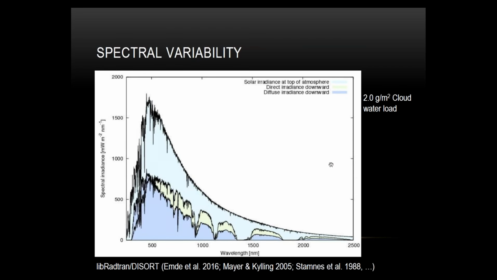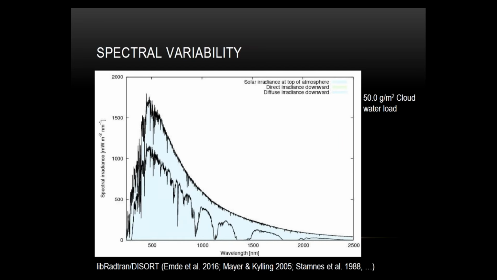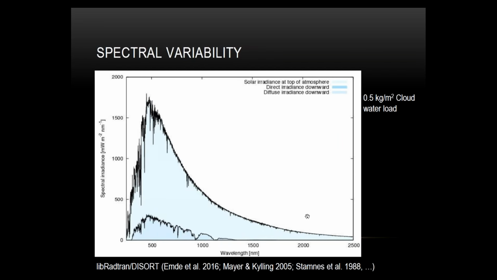So when I increase this, you get more and more diffuse irradiance until all of the irradiance is diffuse, and you see also that the spectrum is changing so that the infrared wavelengths are disappearing. So this means you get relatively more energy for your PV system or for illuminance, that is natural light, compared to the reduction in the total global horizontal irradiance.